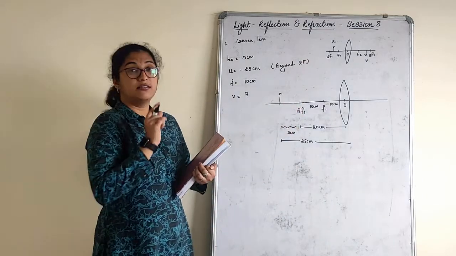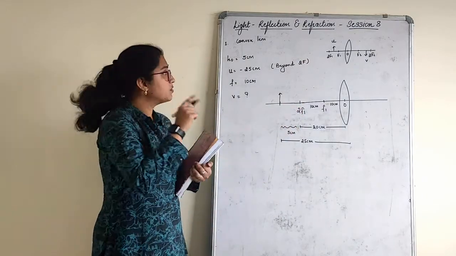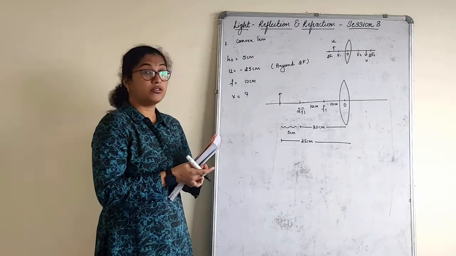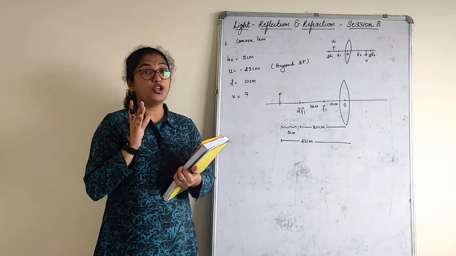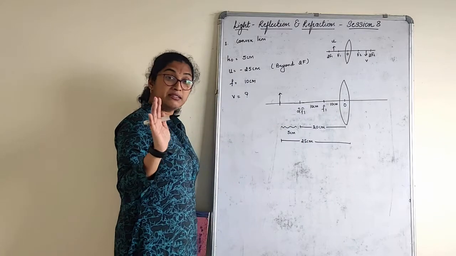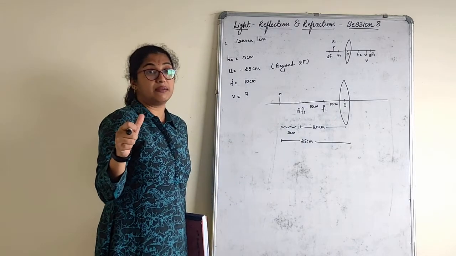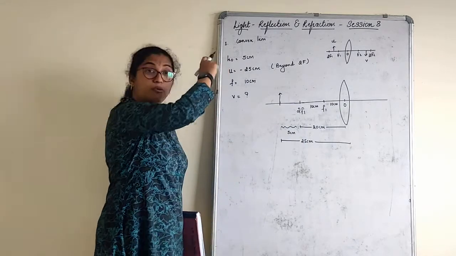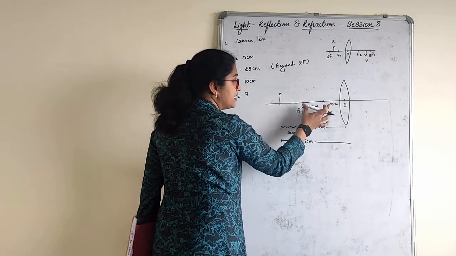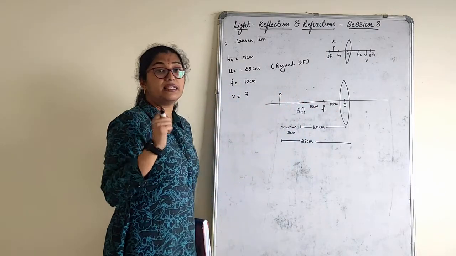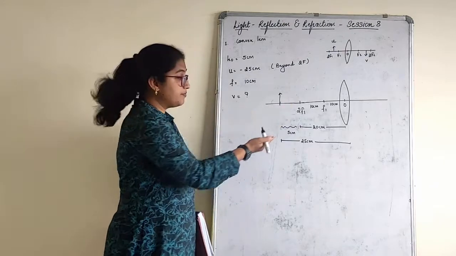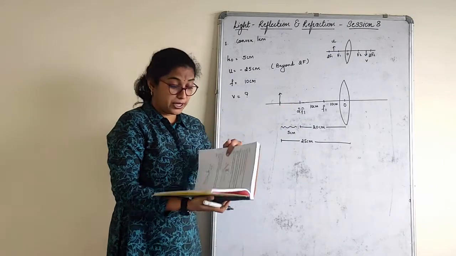Understood here? Simple question, if they ask you in MCQ, the whole thing is given. Where is the object placed? So you should know that the object is placed beyond 2F. How did I come to know beyond 2F? Simple thing. I know the focal length, but you should know the focal length at that point of time, and where the object is kept also. Some information has to be given. See, 10 cm, 10 cm, so twice the focal length is 20 cm. Now the object is kept at 25, which means it is beyond 2F only. We understood the object is kept beyond 2F.